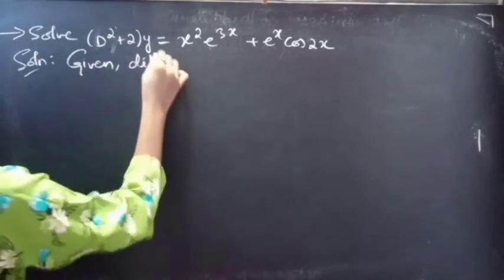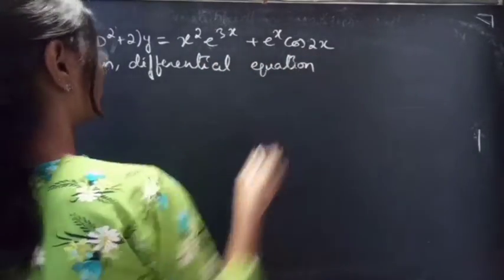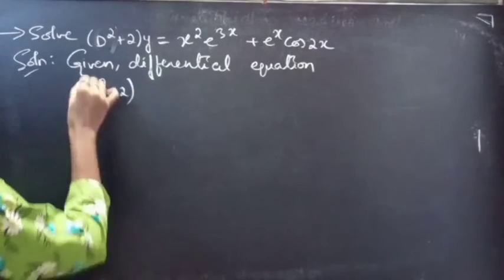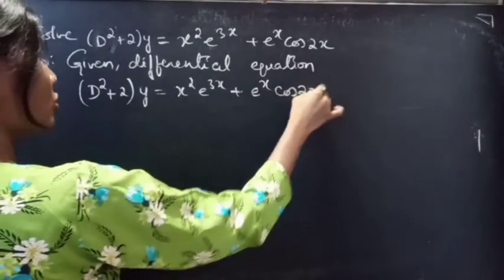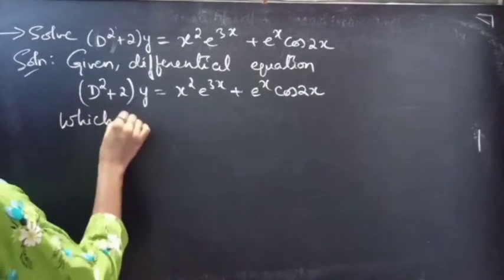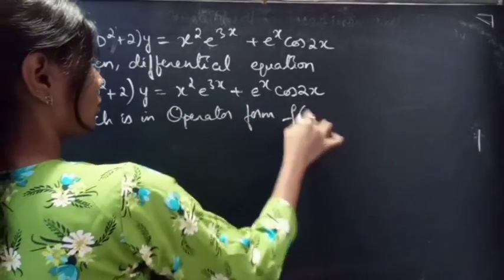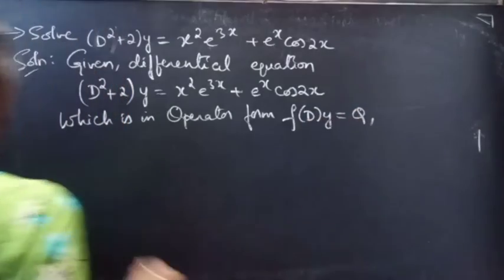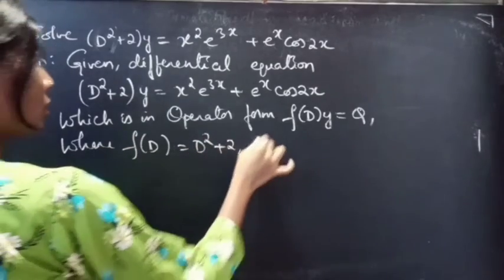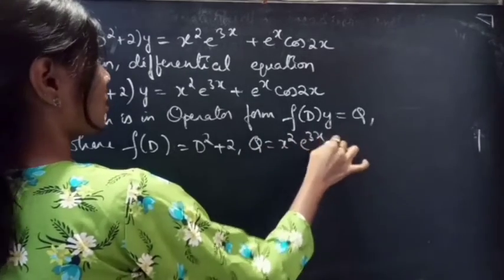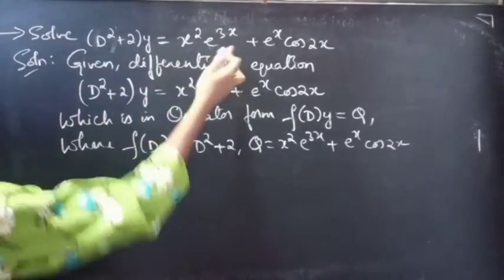Given differential equation, (D square plus 2) y equals x square e power 3x plus e power x into cos 2x, which is in operator form: F of D into y equals Q, where F of D equals D square plus 2 and Q equals x square e power 3x plus e power x cos 2x. Now we need to find the general solution to the given equation, which is given by